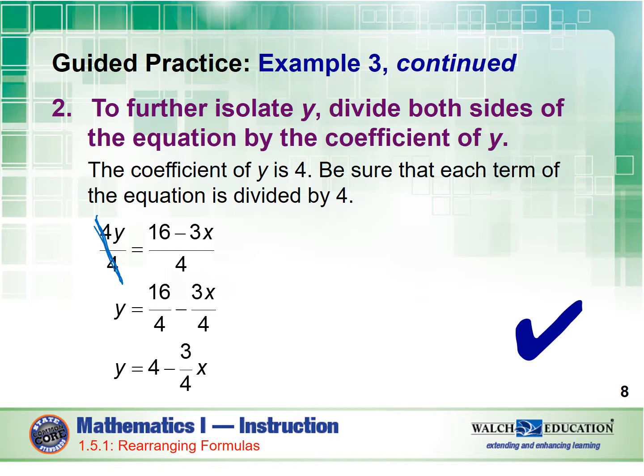and we divide by 4 on the other side. Now notice what's happening here. This is kind of cool. You can write this out as 16 over 4 minus 3 over 4 times x, or like they've done it here. You'll most likely see it this way, and you have to train your eye to look at these as two separate fractions. 16 divided by 4 is